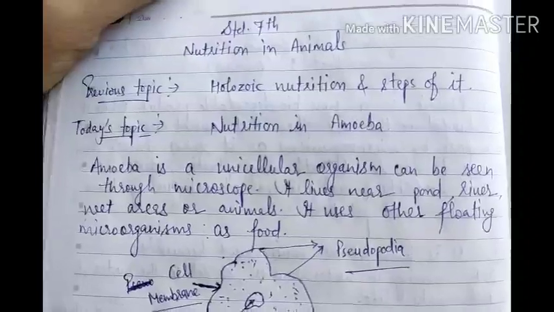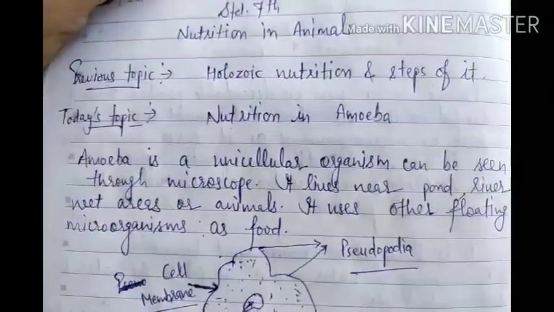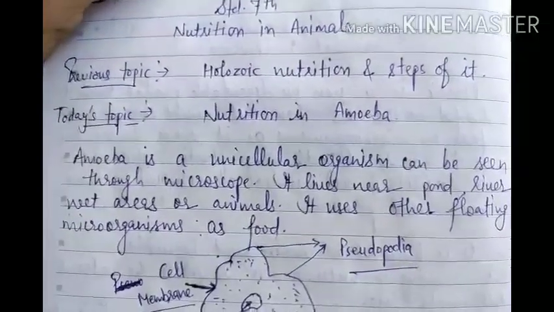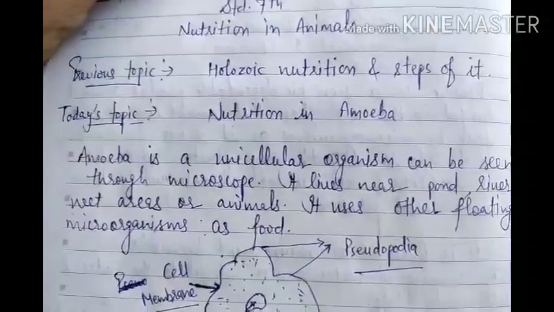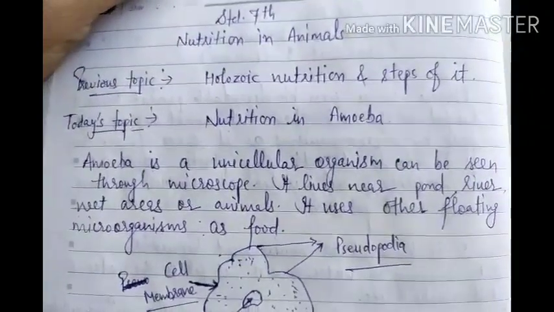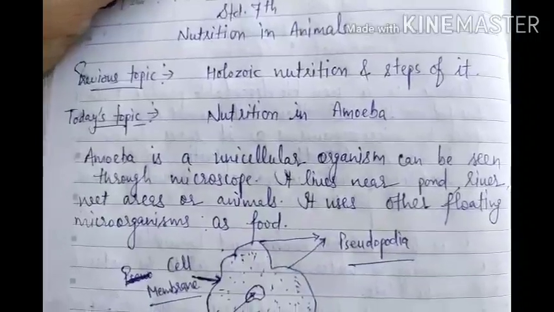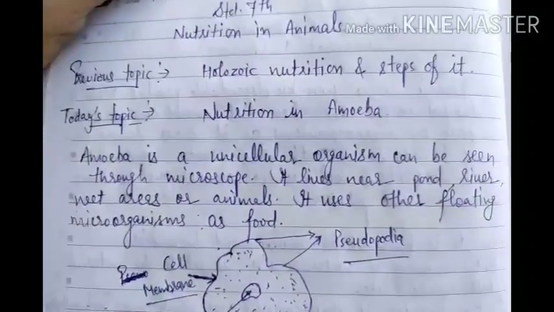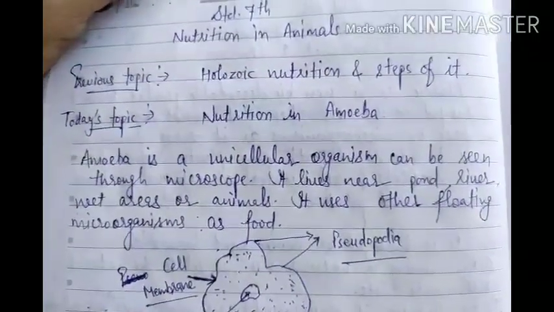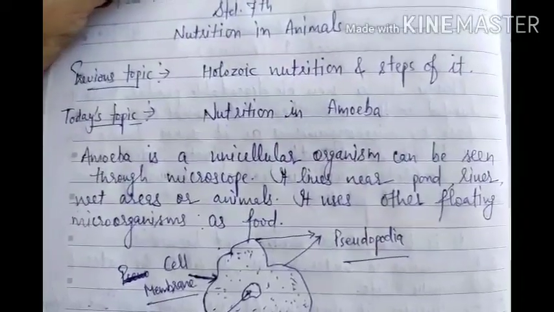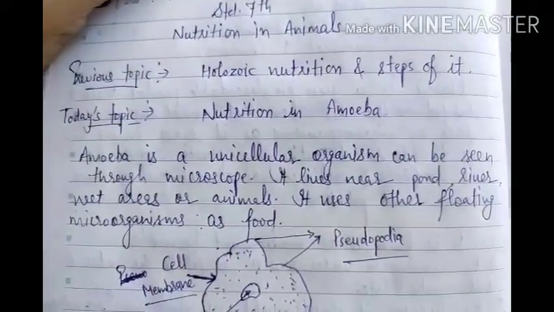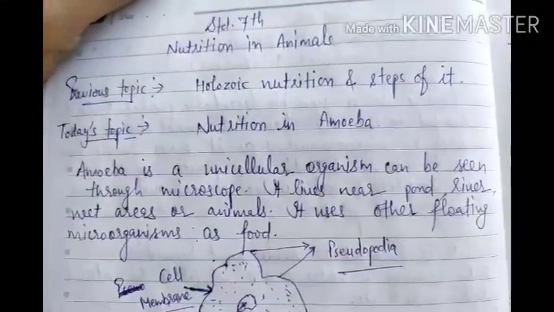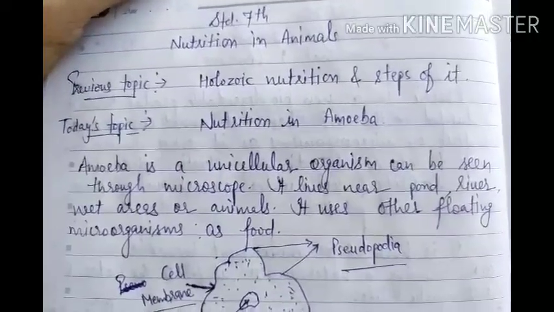It is made by a single cell, which means it has no organs and no parts. All the work of its body is done by only one cell. It has no fixed shape, unlike us who have a proper body shape. It can be of any shape. It lives mostly near ponds, rivers, and wet areas, or also in animals that use this water, through which it can enter their body.